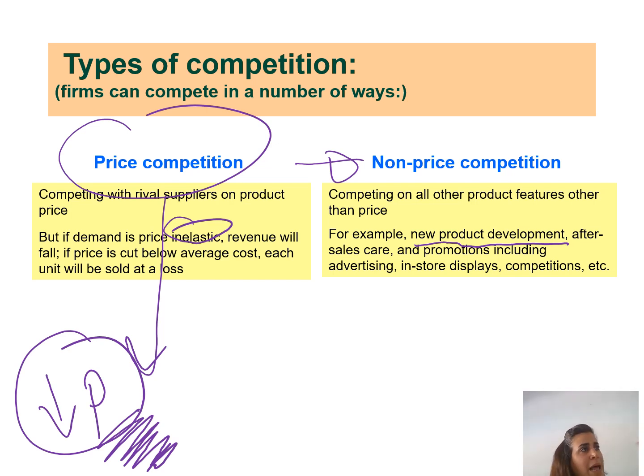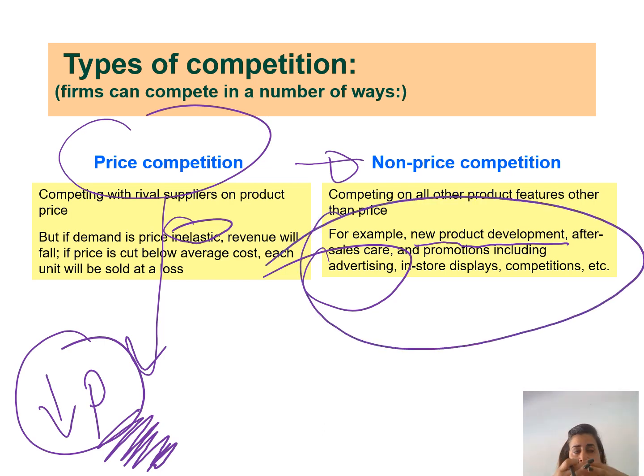So for instance, they will add this: if something happens to the product, you can return it and you will get a voucher, or you will get a new product instead. This is after sales care. Or they could start advertising their product, branding their product, or putting their product in certain stores so people would be capable of seeing it and they would want to buy it. So all of these things, companies are competing with each other, but they are not touching the price of the product. They are keeping it the same. Now,